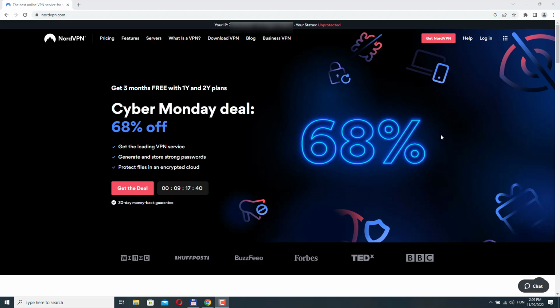If you don't know what a VPN is, in a nutshell, a VPN or virtual private network is a service that allows you to connect to the internet through a secure private server. This server encrypts your data and hides your IP address, making it difficult for third parties to track your